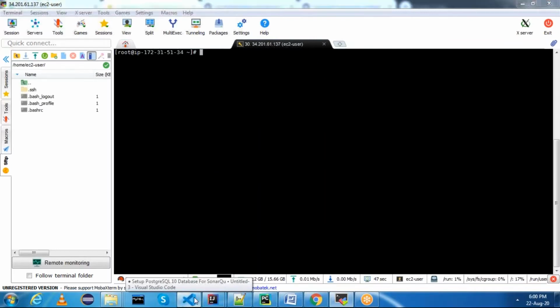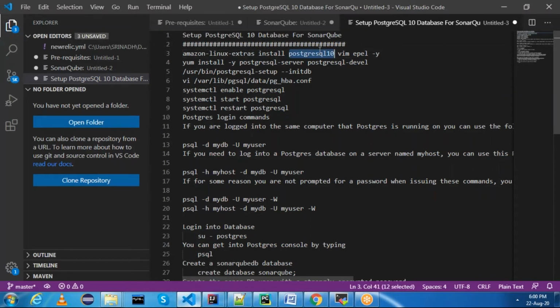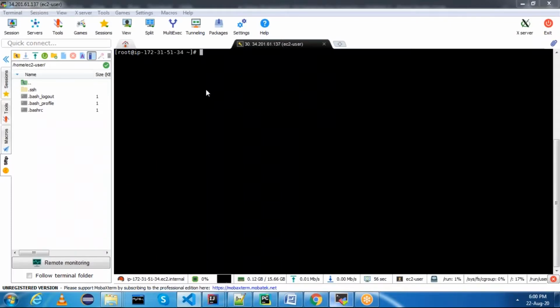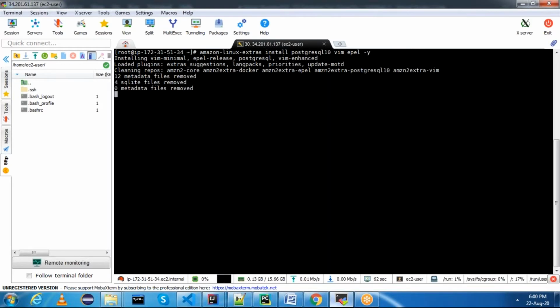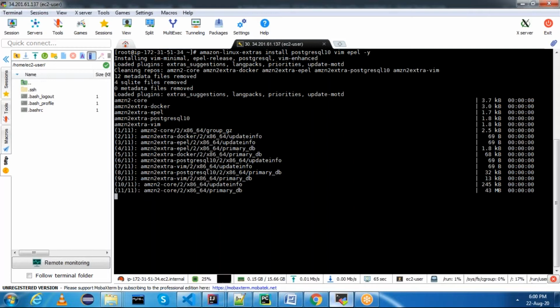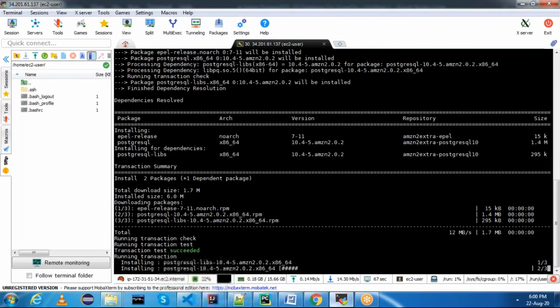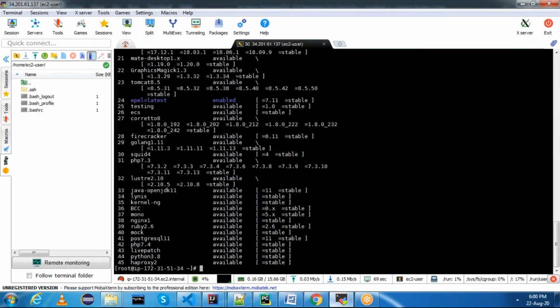First, we need to install PostgreSQL 10 and EPEL. Copy this command and execute it. I am using the Amazon Linux Extras command, and I'm installing the PostgreSQL 10 package followed by Vim and EPEL. Now this is done.